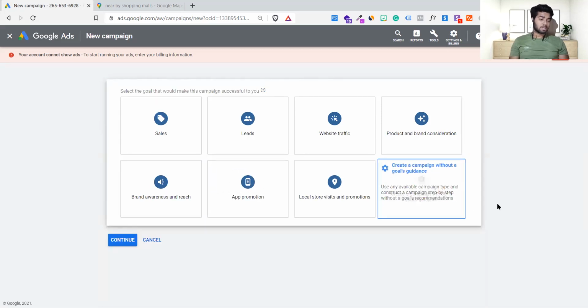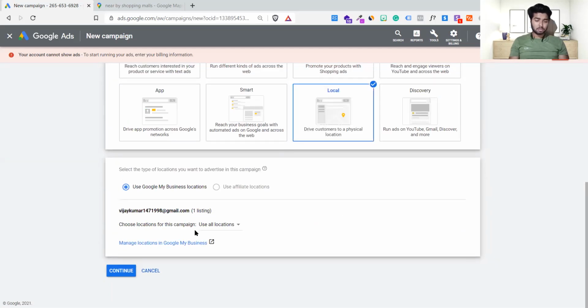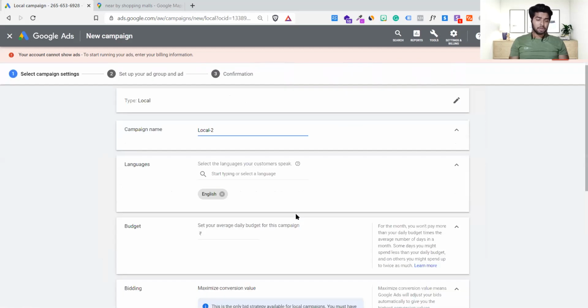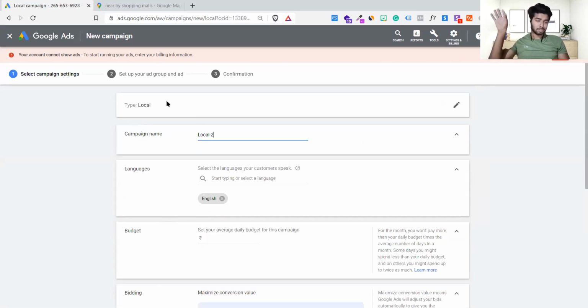If you play with the other ones, you will get restricted with all the features inside. That's the biggest problem. Okay, so as you can see, I have selected this local campaign earlier. Let me just show you again. I just clicked on it. This is my ID here, and it's the location campaign. Let it be all locations right now. Continue. The moment I click on continue, you will see that this is a different dashboard. The earlier one was a wizard dashboard with step 1, step 2, step 3, but there are no steps here. It is that old-looking dashboard we covered in search campaigns as well. Type is local. Campaign name, let's give it local Bazaar, like a shopping mall. Okay, local shopping mall. This is our campaign name.